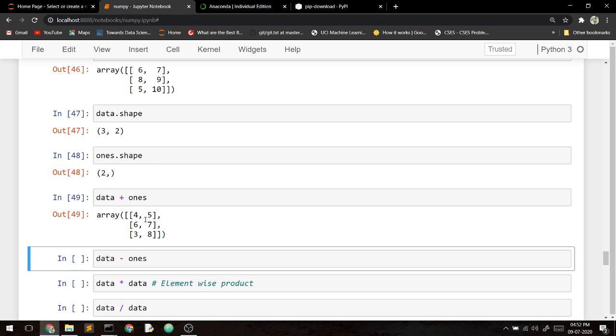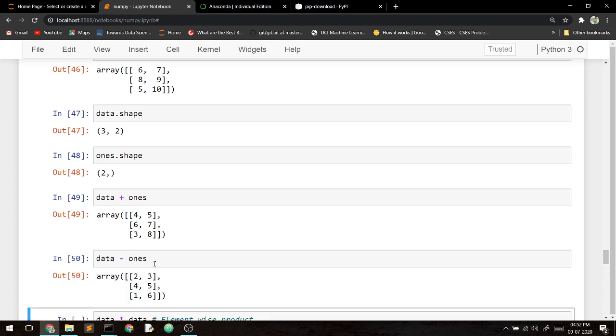Ones has a smaller dimension. It is converted into the same dimensional array that data is, and then it is added to the data. Data minus ones, you can see.